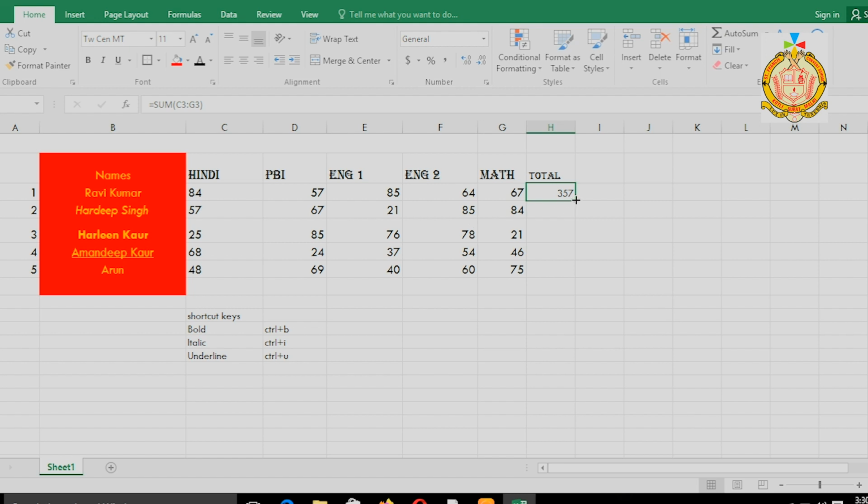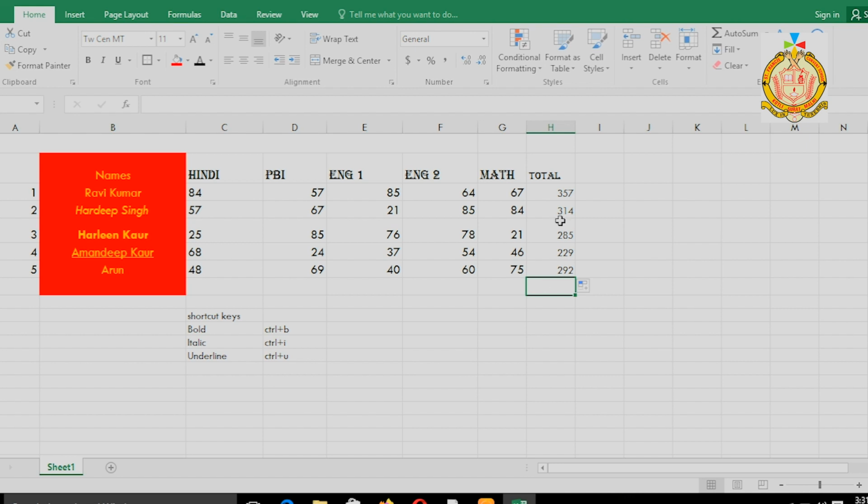I have to keep the cursor here and you have to see this plus sign and drag the mouse up to the last entry. My last entry is up to here, and you will get your totals without wasting time, within a few seconds.